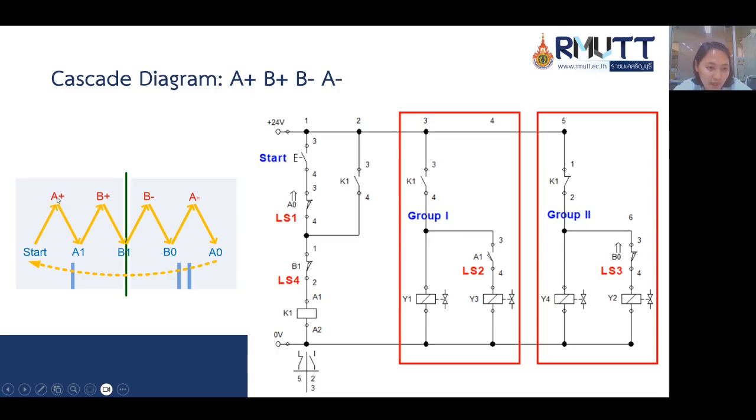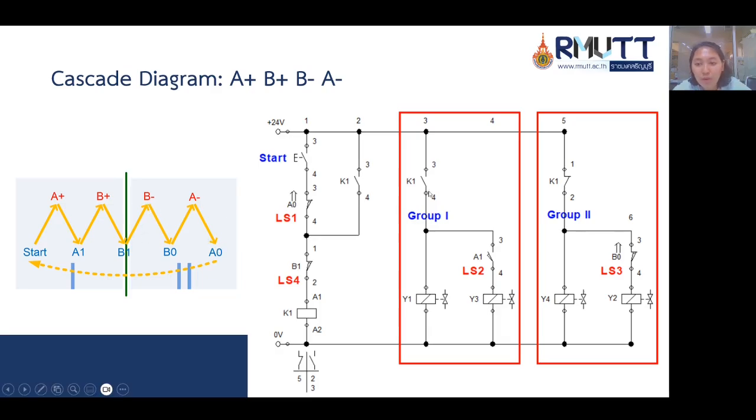It means A plus, and then after it reaches A1, limit switch 2, it activates solenoid Y3, which means B plus for group 1, and group 2 only moves the cylinder to go backward.